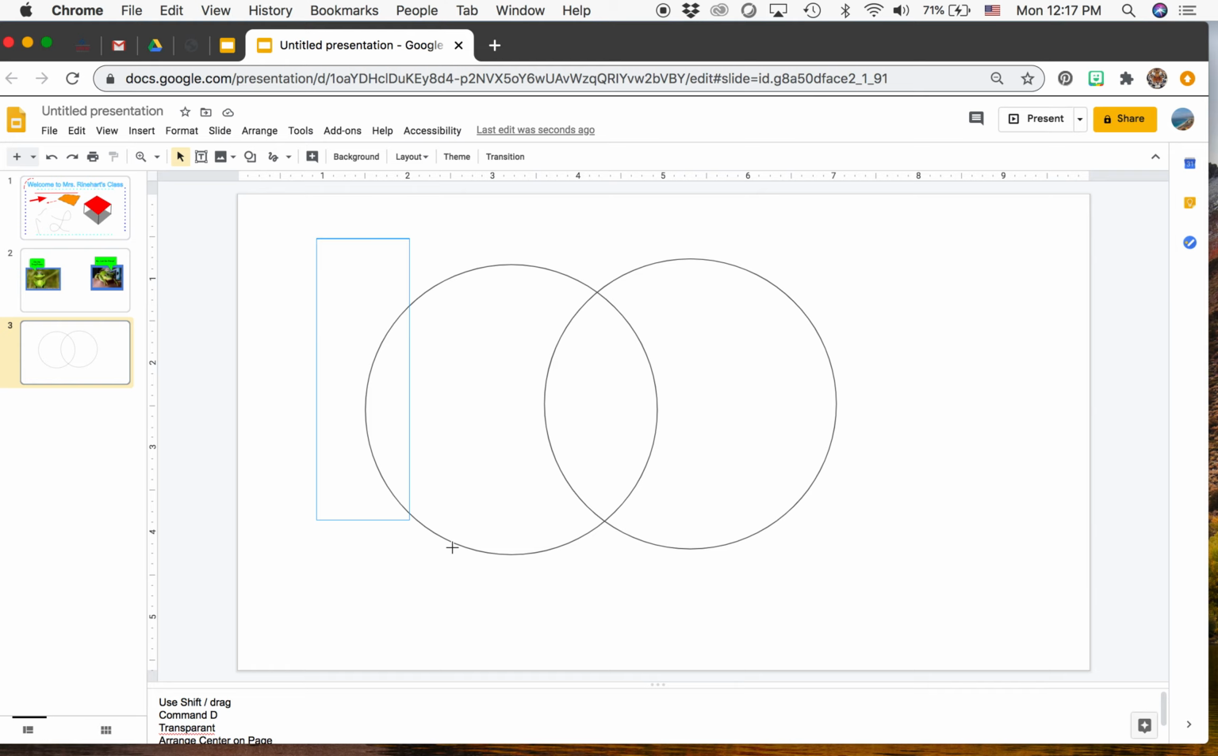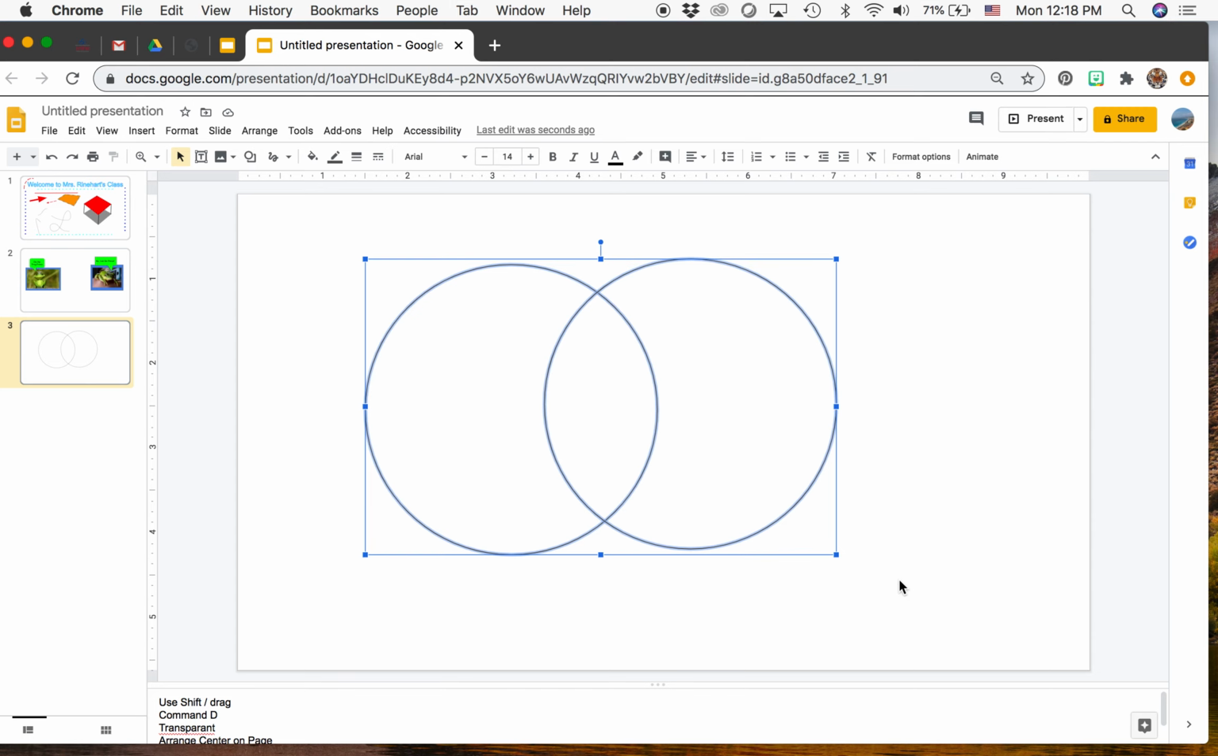Okay, so again, creating that square to encapsulate both image shapes at the same time will help me